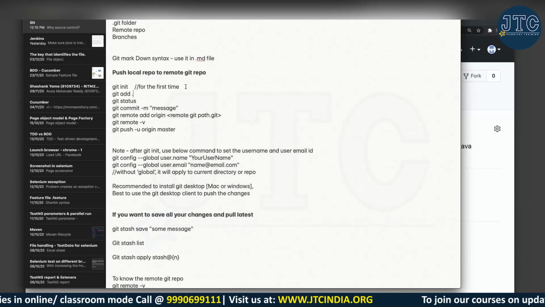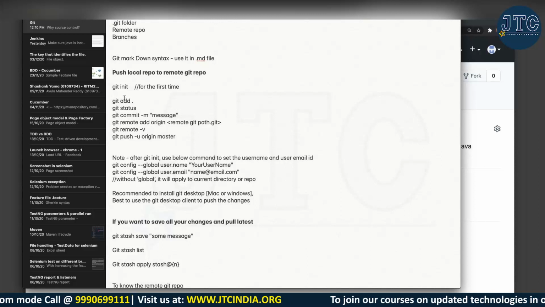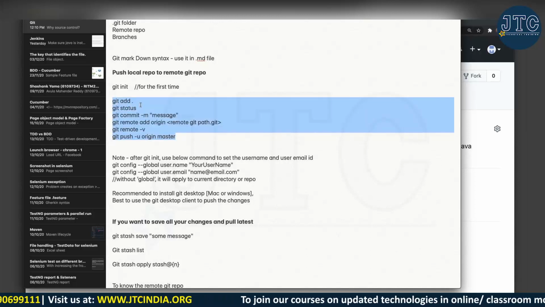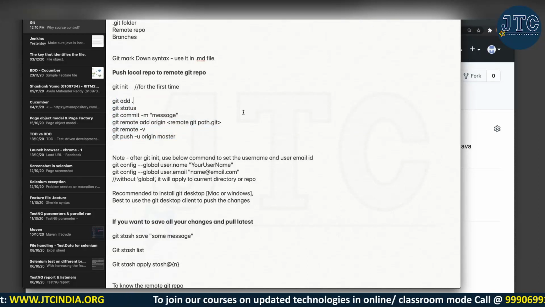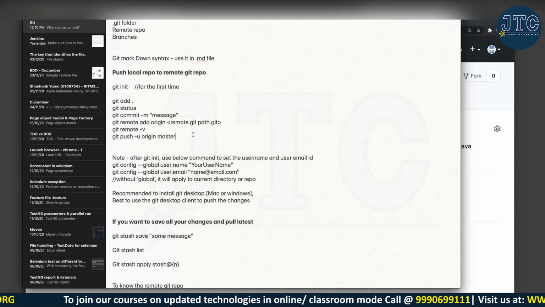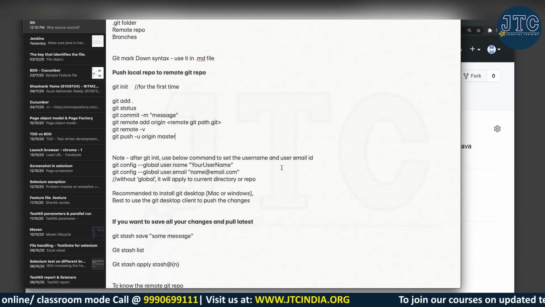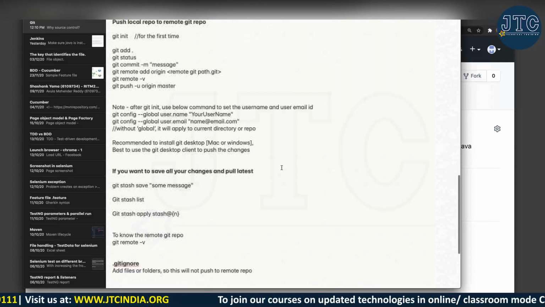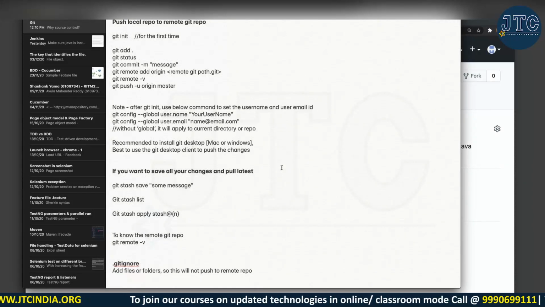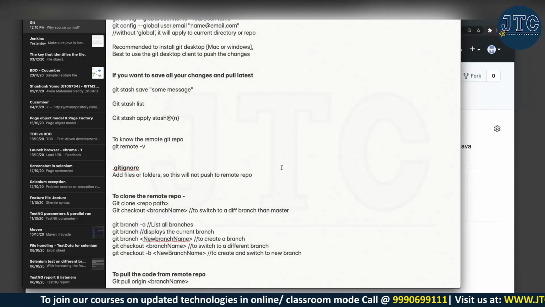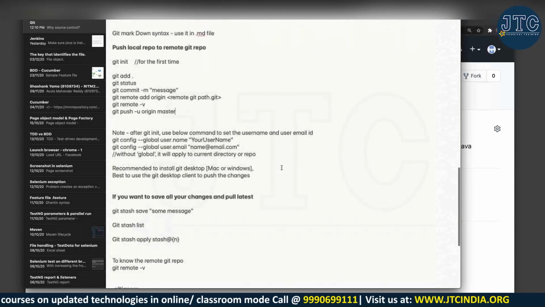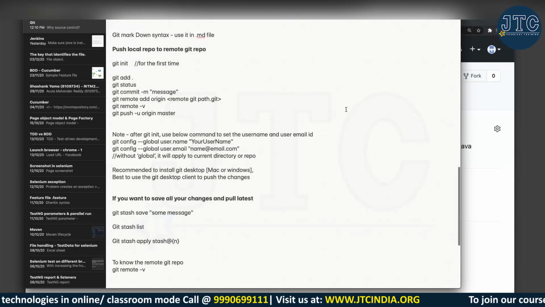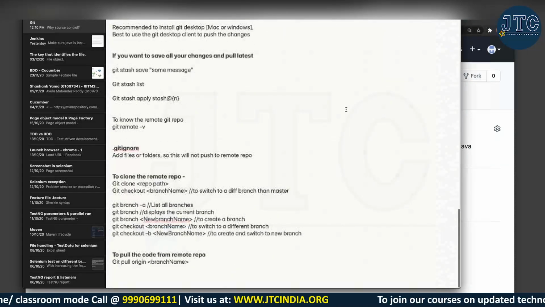After this, from the second time onwards, depending on your code base, you either add a dot or the full file names directly. Fine. Okay, so now let's see a bit about the branching. If we are clear with this one, then I will move to the branching. Okay, great. Fine. Now let's see a bit about branching actually.